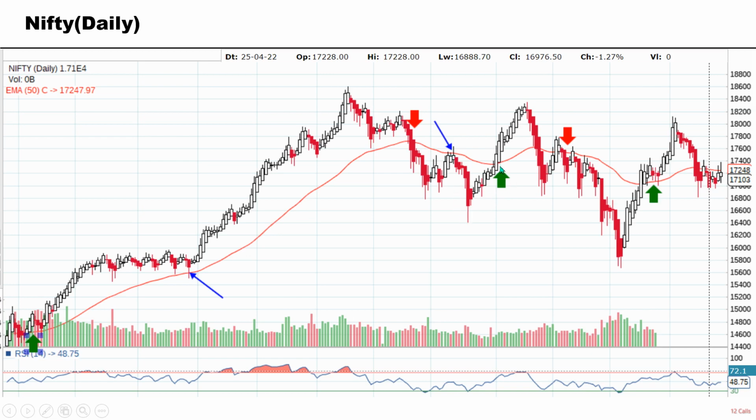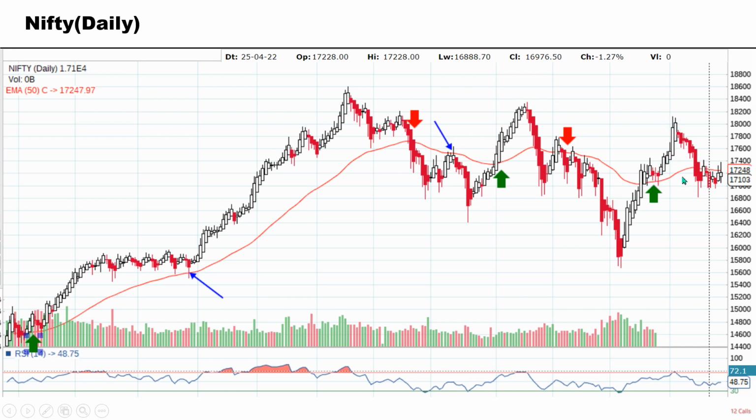Here we saw Nifty has broken the 50 EMA, and from this point onwards, almost 17,600, it went to 18,300. Here we see it has broken this 50 EMA, did not allow it to penetrate and started coming down. So something around 17,400, it came all the way till 15,800. Again we see here the trend change. A few candles are done above the trend line, so this confirms our uptrend. Near the 50 EMA is the entry, so something around 17,100, it went all the way till 18,200, or 1,100 points